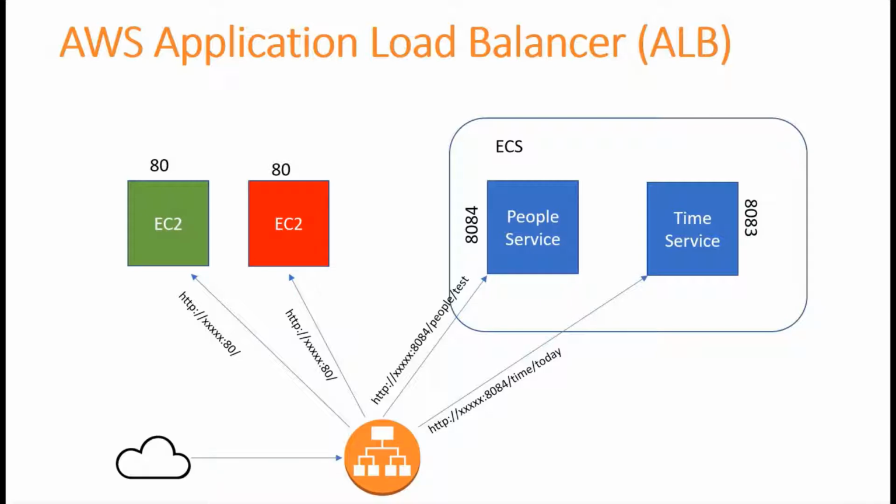Today we will be going to talk about AWS ALB, that is Application Load Balancer. Actually, a load balancer serves as a single point of contact for the clients. The load balancer distributes incoming application traffic across multiple targets, such as EC2 instances or services in the cluster. This increases the availability of your application, and it also has something called listeners that check